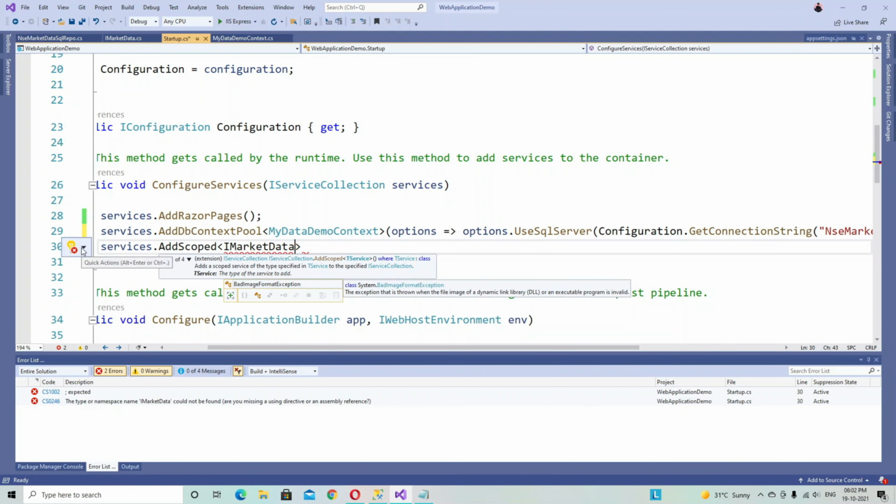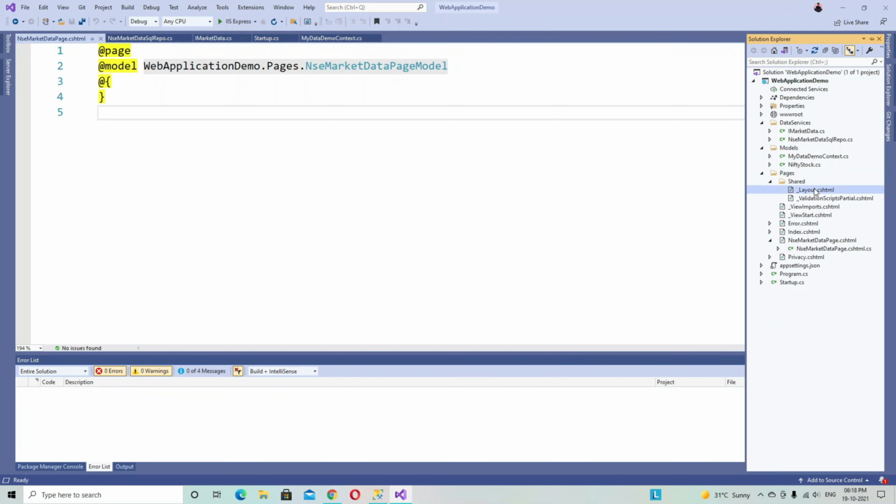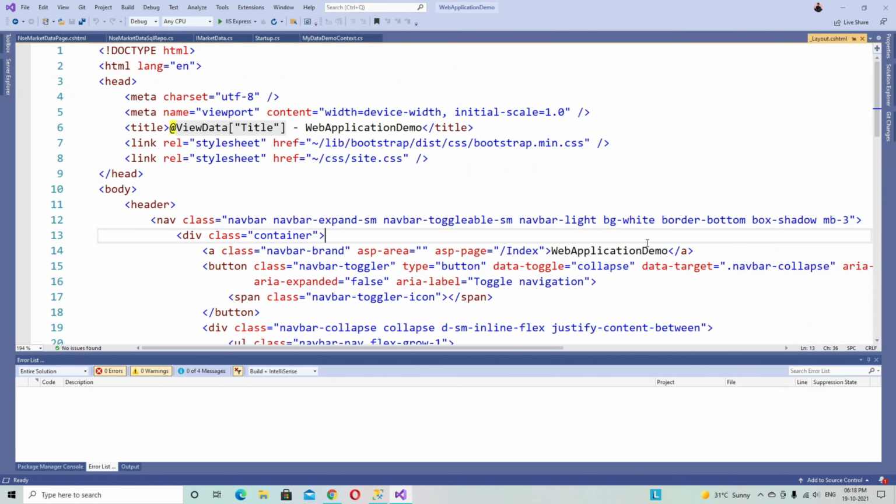Right click on the Pages folder, add a new Razor Page and select Empty Razor Page. Add, and give a meaningful name to the Razor Page. Our Razor Page name is NSEMarketData, and then click Add. Now we will open the Layout file in the Shared folder.